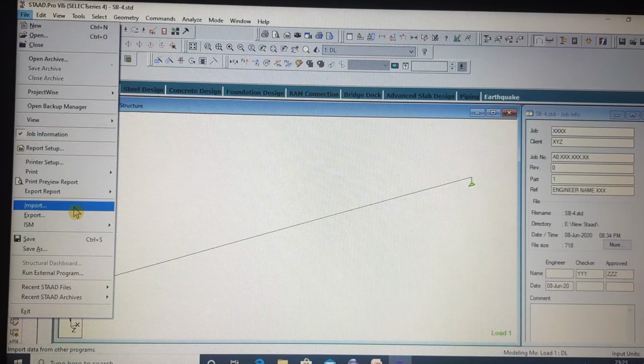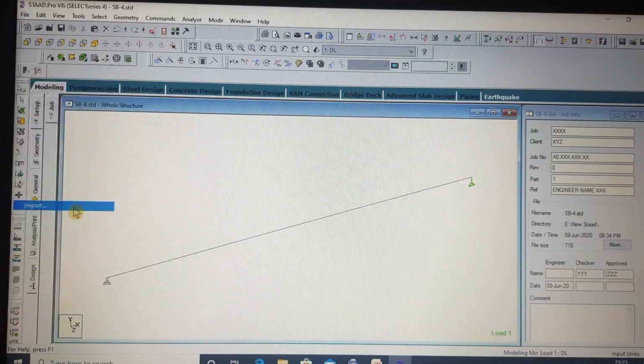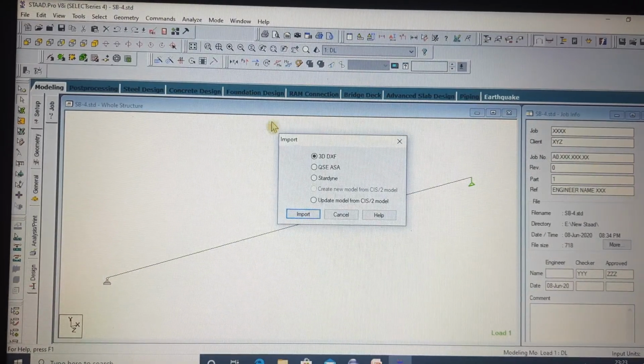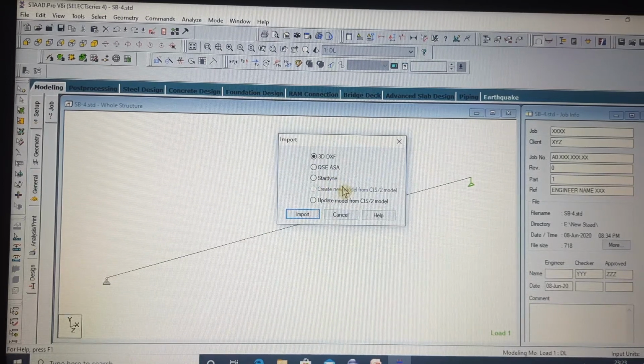Now if you go on the next button, the import functionality will be there. This is the format through which you can import your STAAD file in QSCSA format, StatDyn format, or CSI2 model format, or you can generate PDF, or AutoCAD DXF file format.